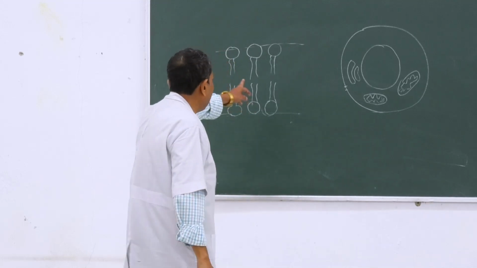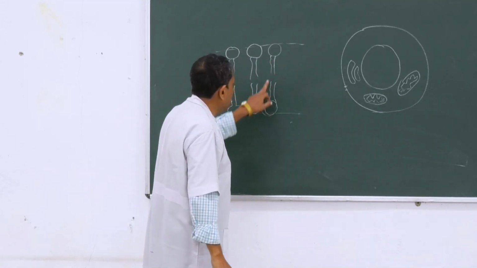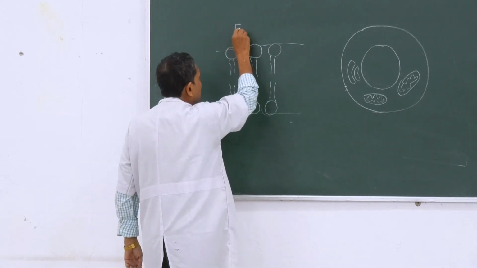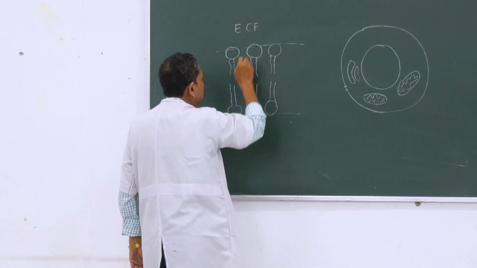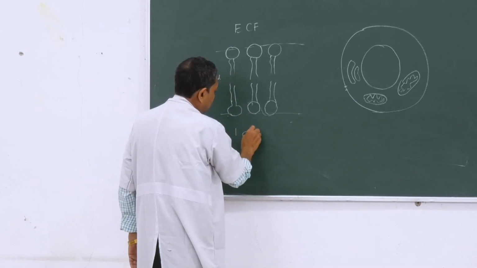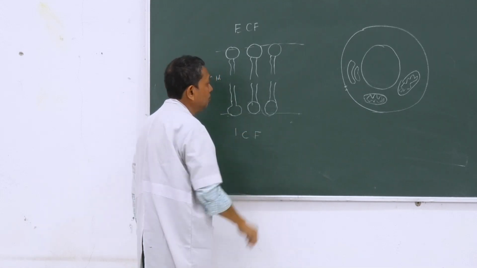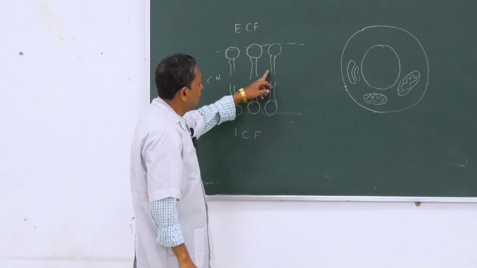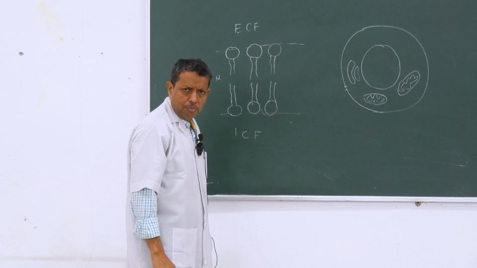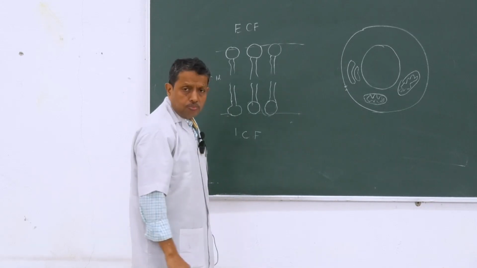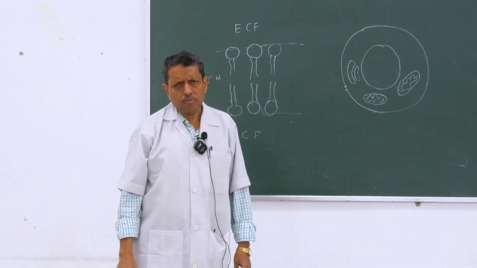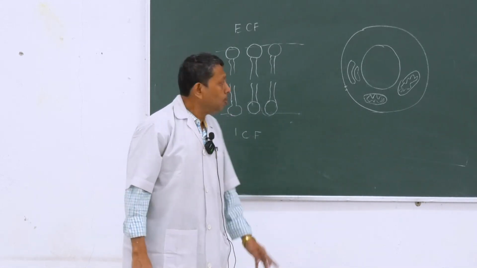This is the hydrophilic part, and in between it is the hydrophobic part. It is the ECF, extracellular fluid, the cell membrane, and the ICF, intracellular fluid. These are the polar parts, this is the non-polar part. This is disposed in this membrane. Dimension 4 nanometer or so, you can see in the text. Now,